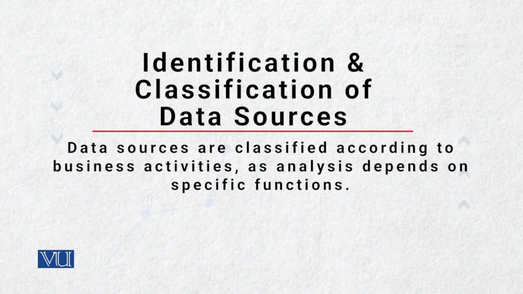Suppose you are doing sales analysis, then you need sales data, but sales data only is not enough. We have to identify some other data sources. Sales is primarily about 3-4 parameters: what product you are selling, what is the price, who is the customer, and from where you are selling. So these are 4-5 main things, but then there are other aspects as well, like financial analysis. They need to understand if this product is profitable, what is the cost of the product, what is the overall cost of a particular product.